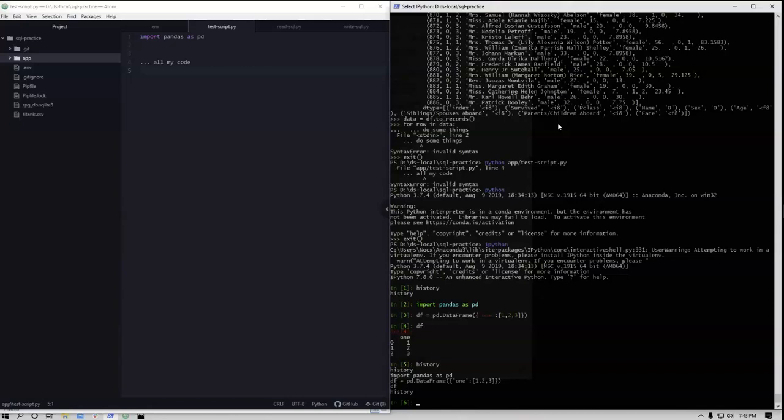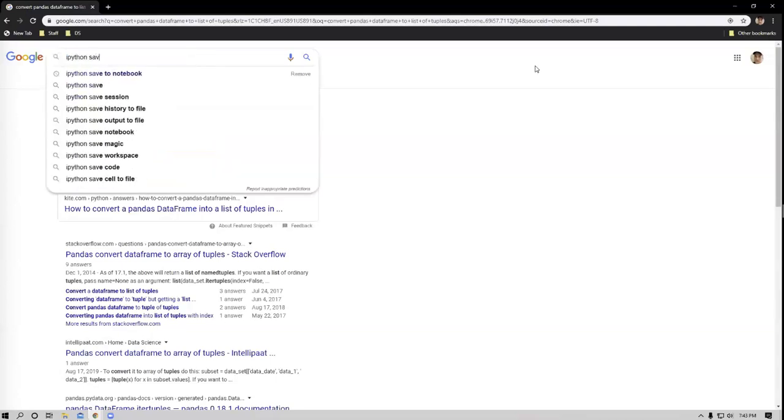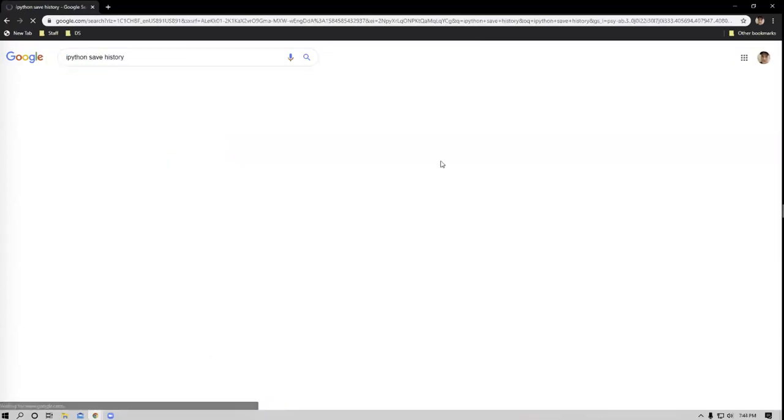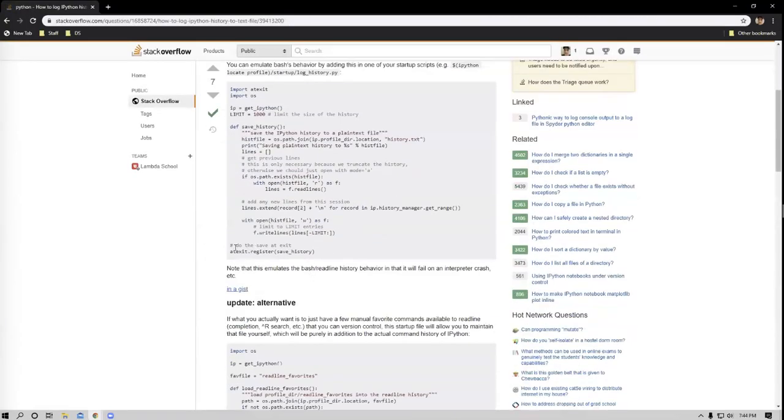Okay, cool. Do you guys have any other questions? This is IPython. It's super handy for that history function. So if you're doing this and you want to REPL this, but you want to have a record of everything that you did, definitely use IPython. Can you save your history? Yeah, you can save it. In fact, you can make like a py file or something.